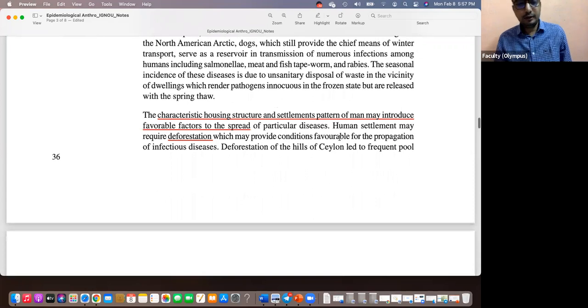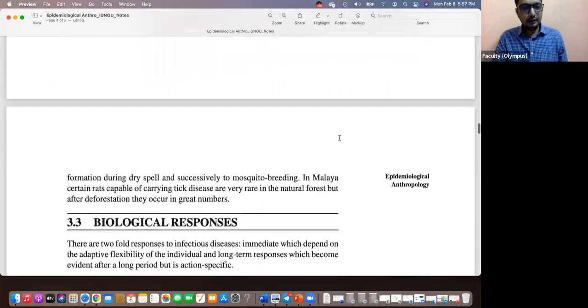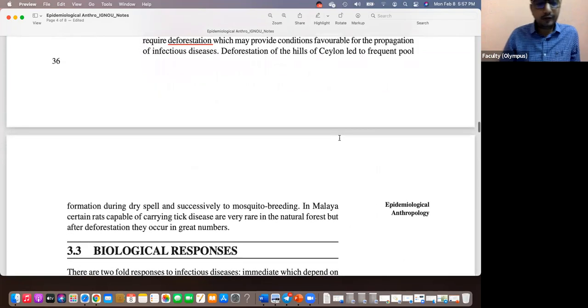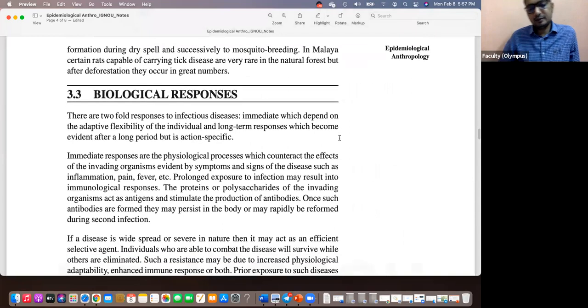Deforestation, I was telling you, for agriculture and those components, has also increased it. Human density is also a very important component. What happened because of urbanization? We started moving to new areas and density has increased. So what role does density play? Infectious diseases can easily spread from person to person directly. One common thing we notice is that when density increases, disease spread also increases.